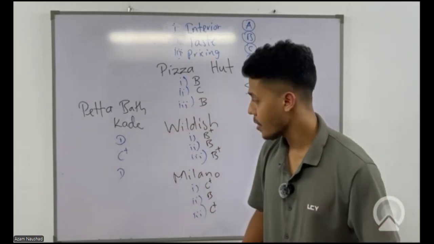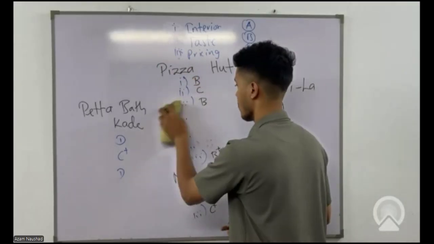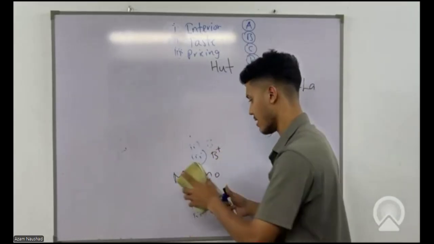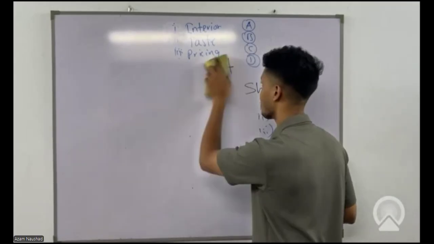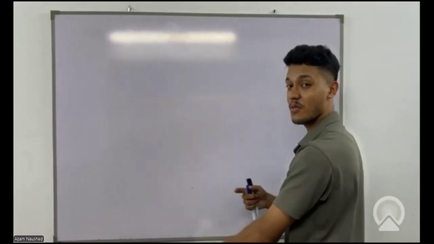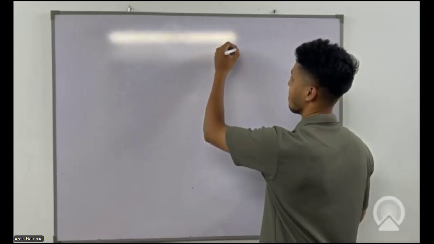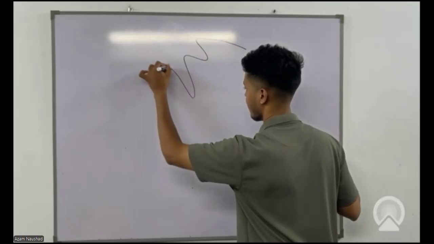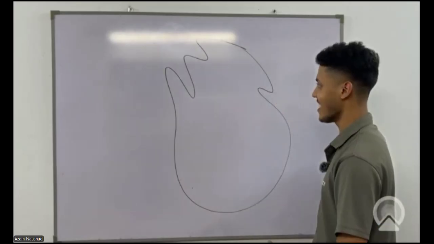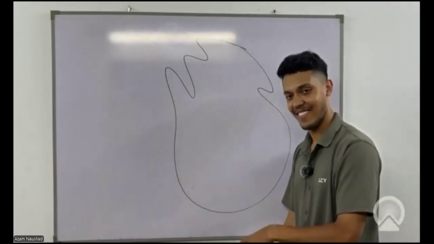Hold on. Now I'm going to insert these restaurants in the map of Sri Lanka. So now see the level of my drawing. See how I'm going to draw the map of Sri Lanka. You guys have no clue about my level of drawing. See here. Did you see this one? Right? So this is Sri Lanka. Just kidding. So this is my level of drawing. It's way, way, way low, right?